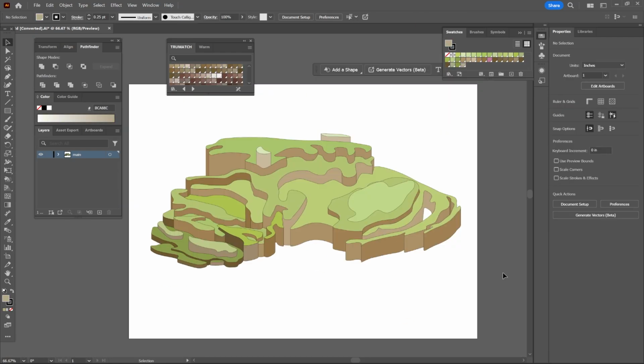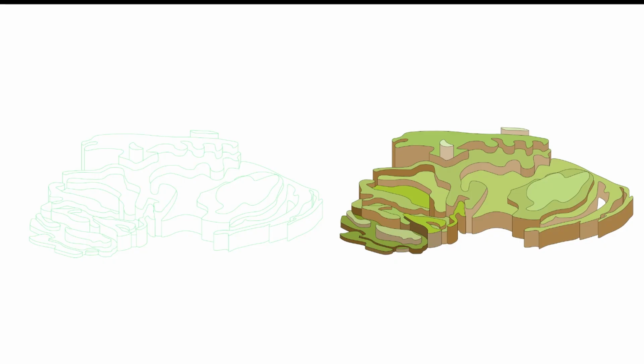This is what my drawing looks like colored in, and it only took me a very short amount of time using the Live Paint tool. This is my before and after editing my drawing in Illustrator using the Live Paint tool. So what do you guys think? Pretty easy, right? I wish I had learned that early on, like a long time ago, because I learned the hard way and it took me forever to color things in my own primitive way.